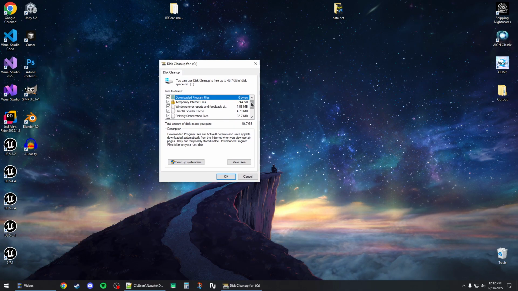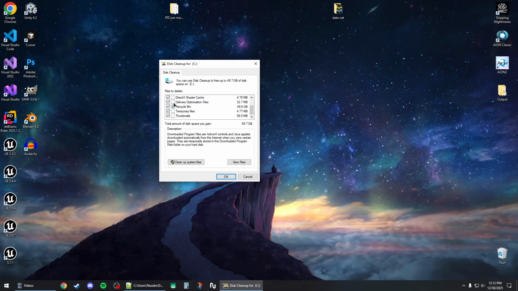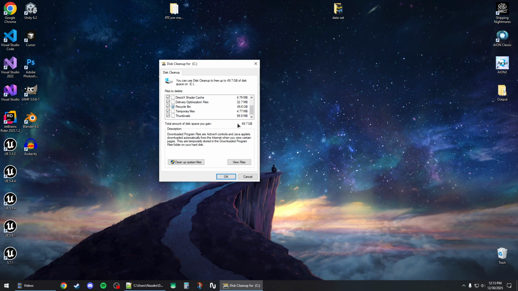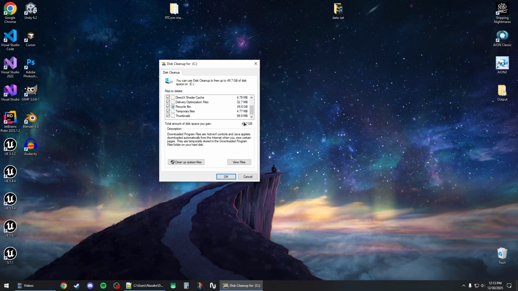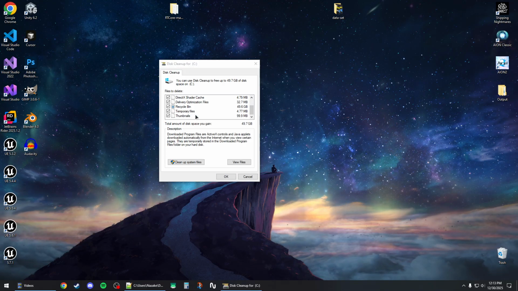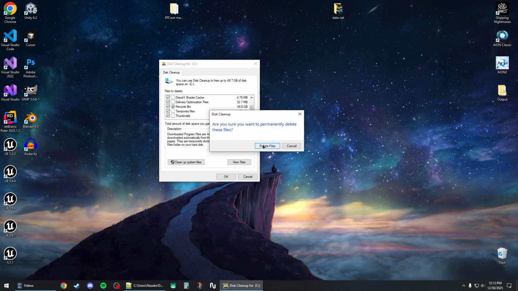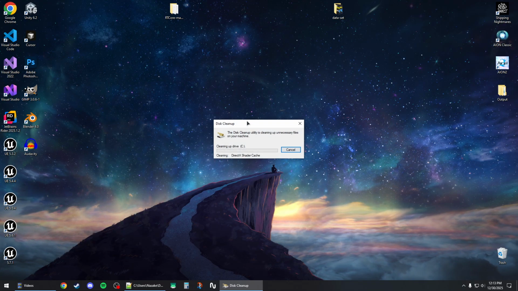And then make sure to check all the boxes next to these files right here to be cleared, and it should tell you the amount of disk space you gain after you perform the cleanup. In this case it's about 50 gigs. And once you've checked everything, you can click on OK and then click on delete files, and this should start